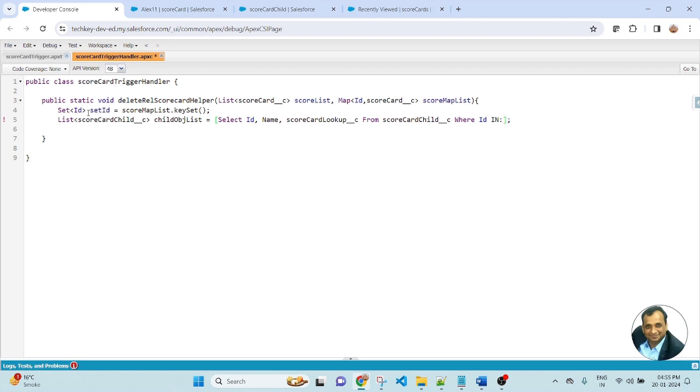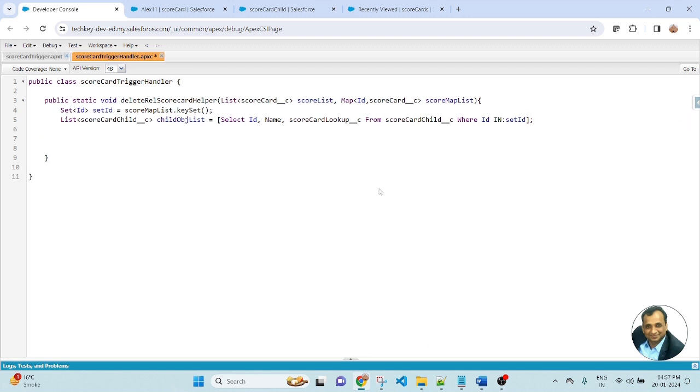Here I am passing the setId. In the set of ID, I am storing the parent record ID. This is a lookup relationship, and here I am passing the set of ID.